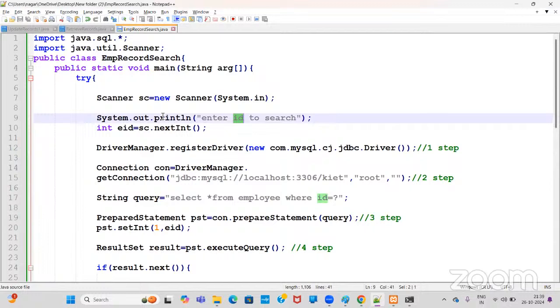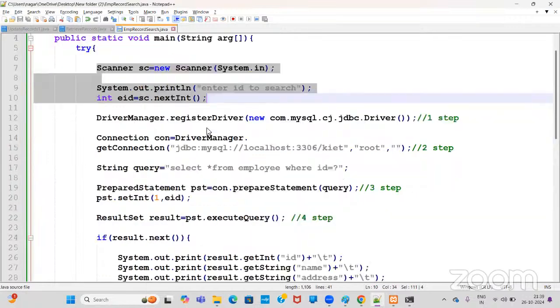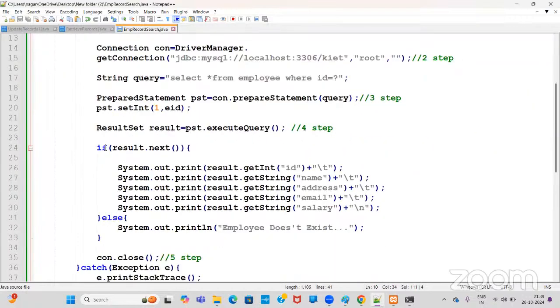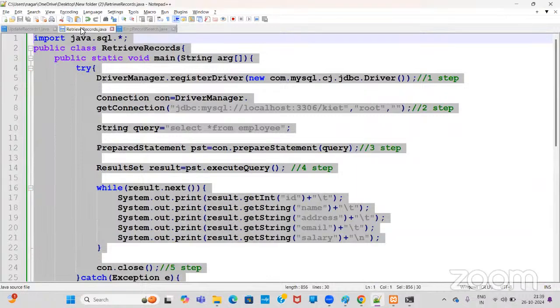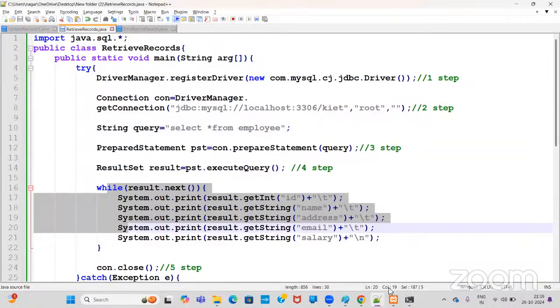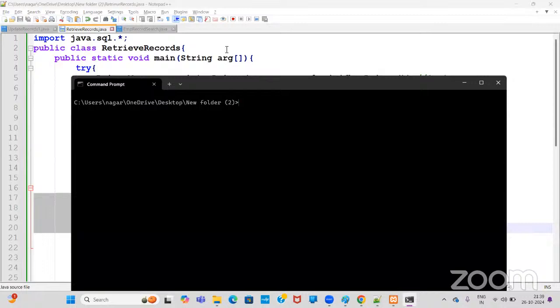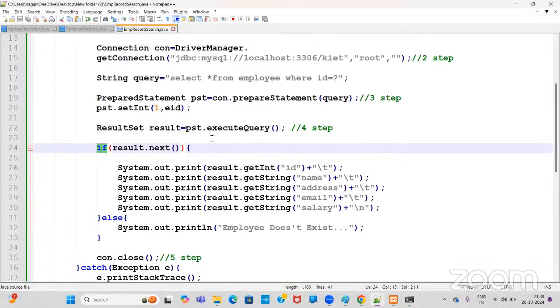I have read the ID from the keyboard by using the Scanner class, and I have modified while to if condition. If it is the whole employee table, you don't need to write the where condition, so it retrieves all the records. But if you want to retrieve a particular ID,